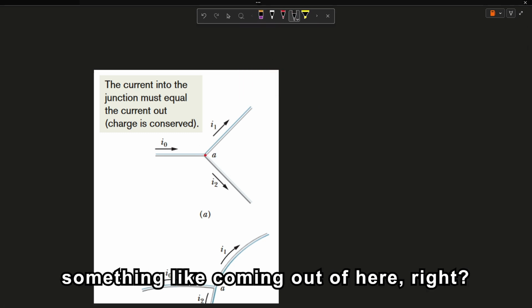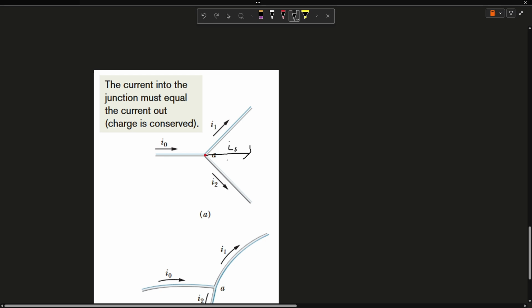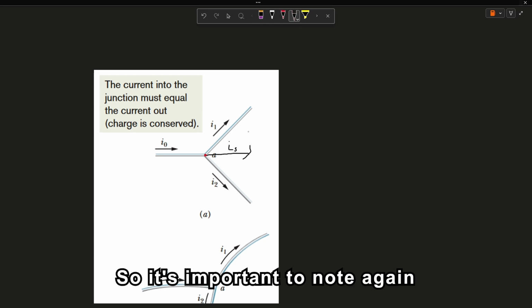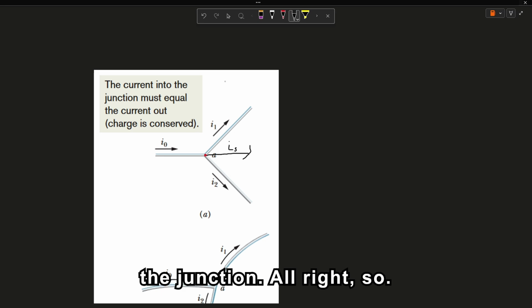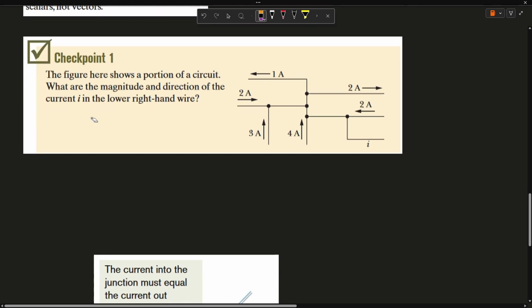So we can have something like coming out of here, right? And this could be like I3, right? And that would lower this, right? So it's important to note again that all the current going into the junction must equal all the current going out of the junction. All right. So with that being said,